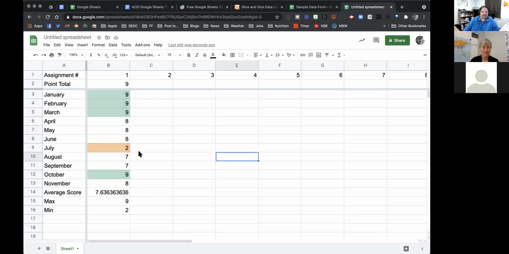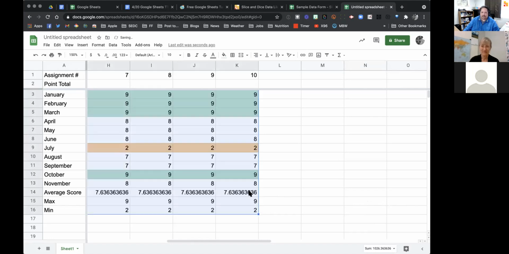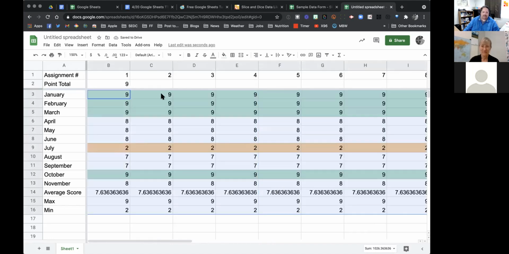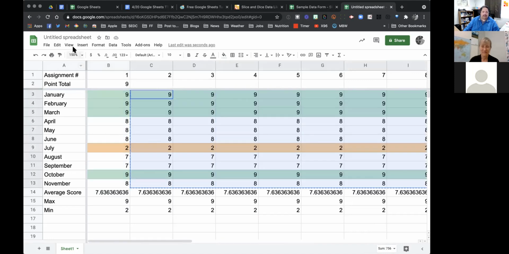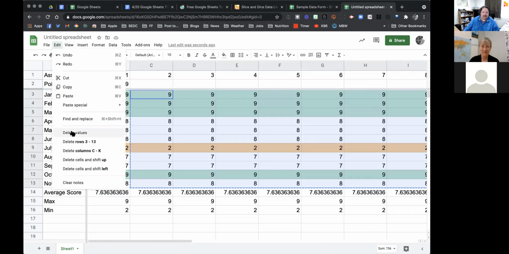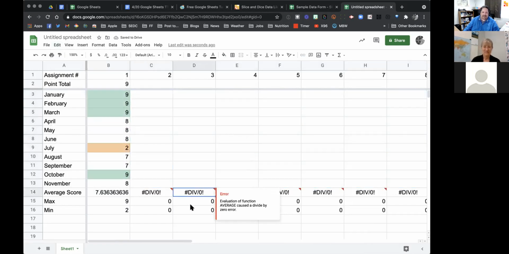Okay. Now the fun thing is that as I score across, I don't have to do that manually every time. I could just take all of this stuff that I've made and then fill it across. So I go over here. It'll copy the scores this first time, but that's okay. Because what I can do now is go back in and select all those other scores and then go to edit and say delete values. And so now the colors go away. I get a little error because I can't take an average of something that's divided by 0, but as soon